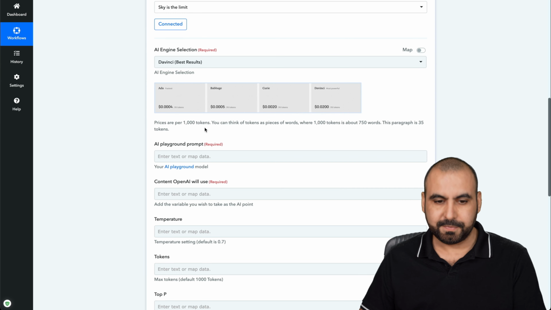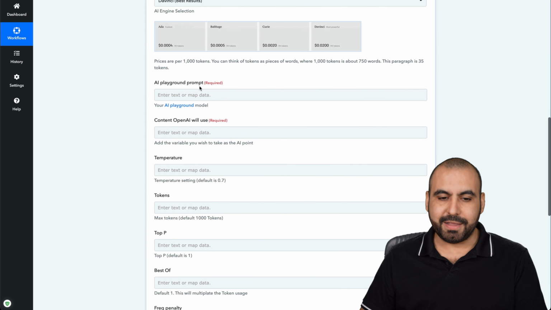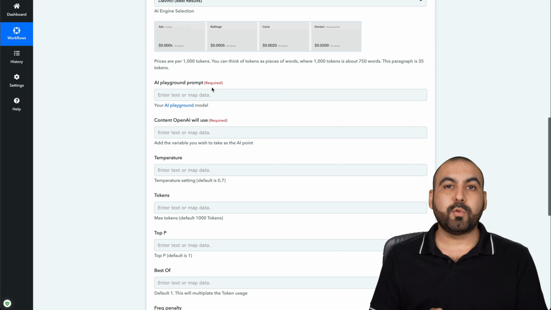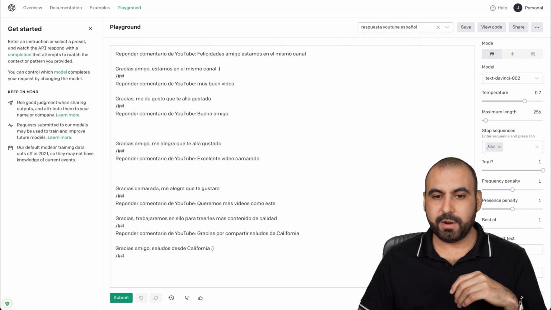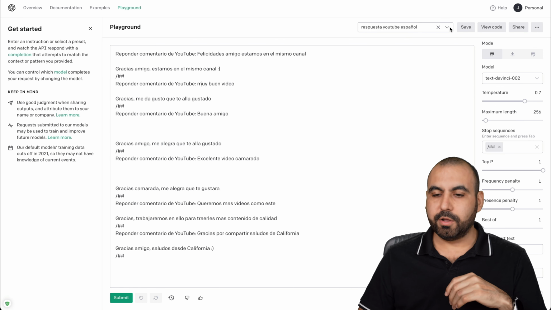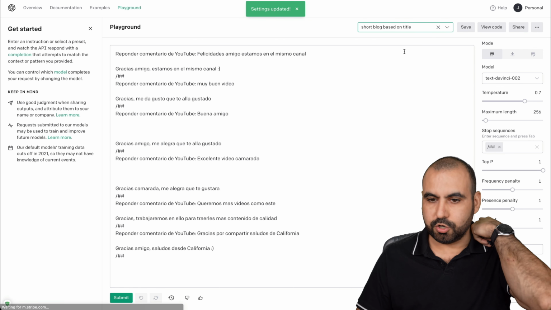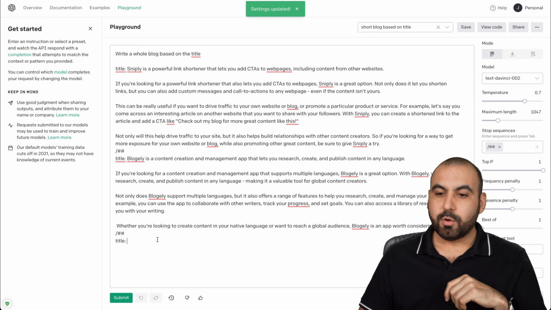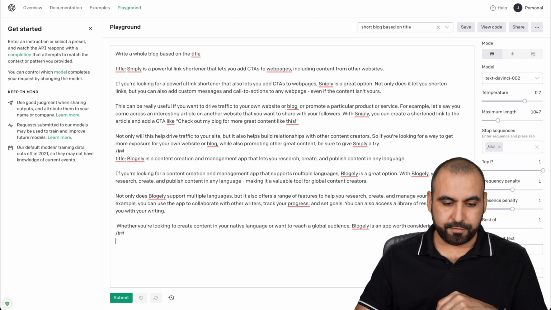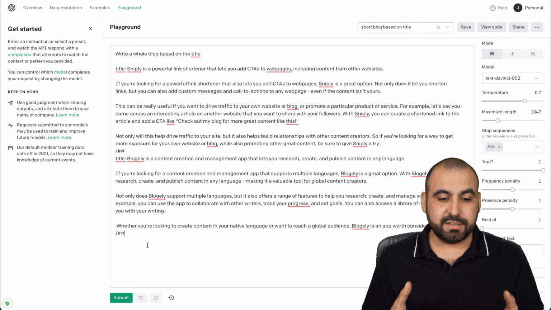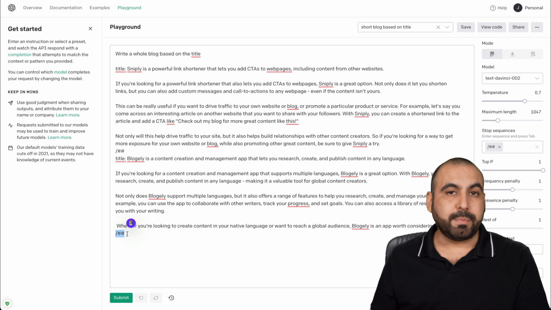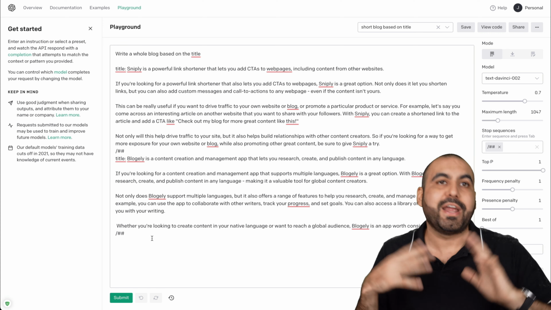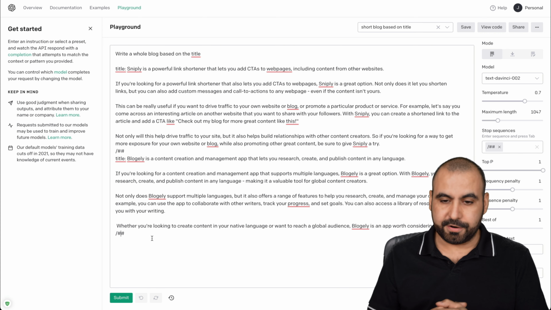And here's the description. Next, we're going to use the AI Playground prompt, okay? This is where we're going to grab it from the playground that you created on OpenAI. So let's go ahead and open up the playground. And if we want to build it for the blog that we've just created, so short blog based on title, we're going to grab this one. Let me remove this. And I'm going to give you a suggestion, because this is how I built the app on Pabbly. Finish with the stop sequence. Whatever you've set for the stop sequence, add it here. If it's something else, if it's 3 hashtags or whatever, use that here, okay?